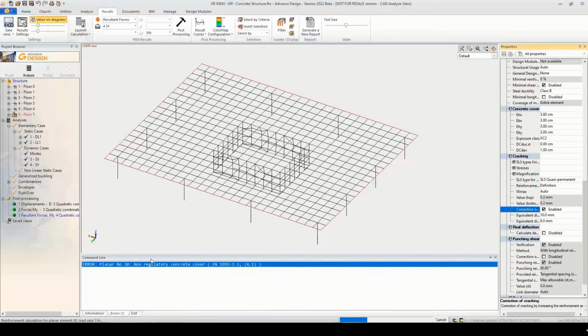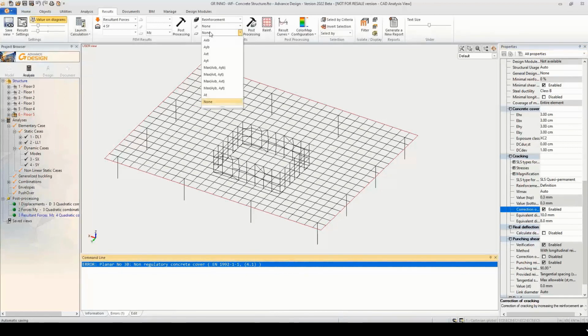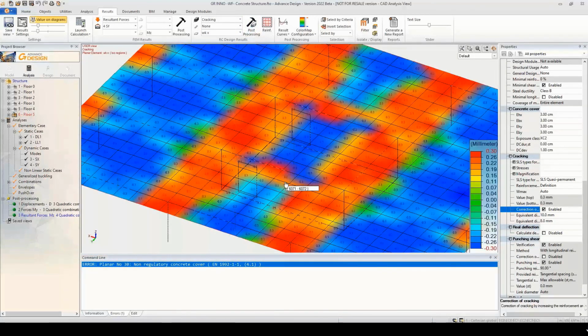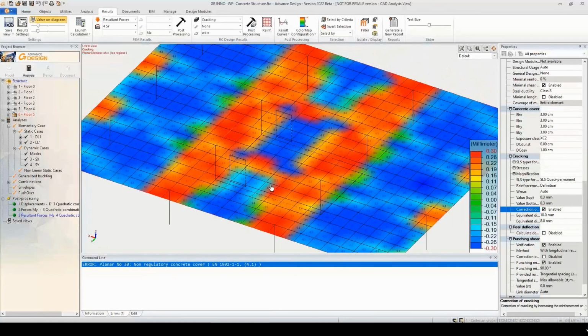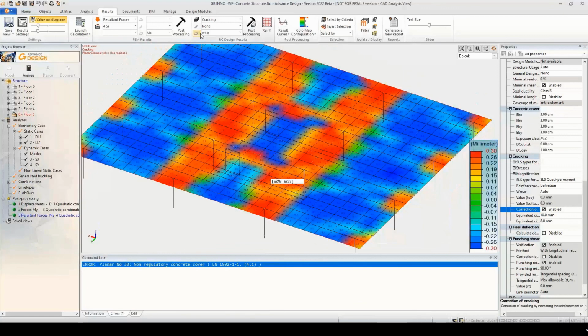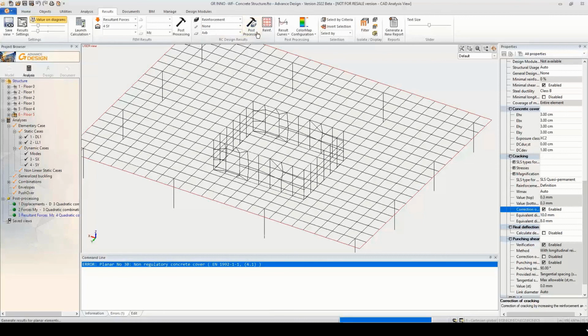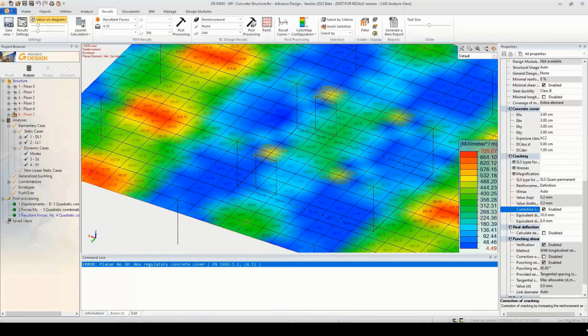So we have here a set of assumptions dedicated to concrete definition, which will enable the user to calculate the theoretical reinforcement needed for this slab, plus some specific check operations needed for concrete elements, such as cracking, for example.